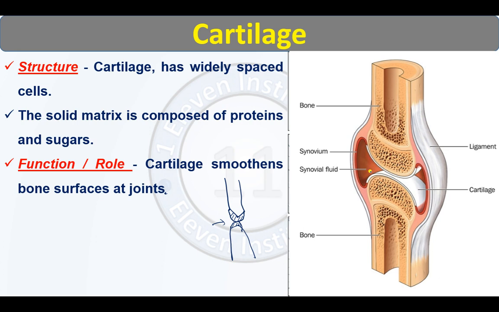head, here we are having the cartilage, and it is making the surface of the bone very smooth in order to avoid friction. In order to avoid the friction at joints, this will make your joint smooth. It will enable an easy movement of the joints over here, or of the bones at the joints. Right, so this is the cartilage. I hope you have the idea. This bone, its surface is made smooth with the help of cartilage. Let us now move ahead.